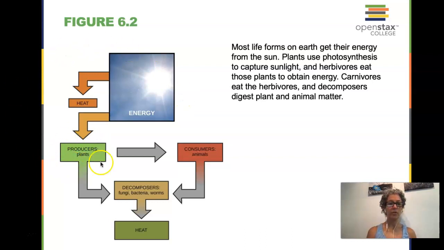So the producers, the photosynthesizers, will harvest sunlight energy and turn that into chemical energy. Consumers, not just animals, but also bacteria and worms and other creatures. And the decomposers will digest the dead producers and consumers, and that is eventually also going to convert all that